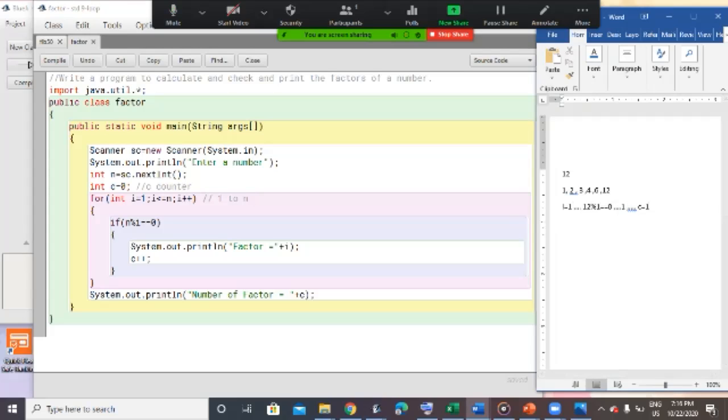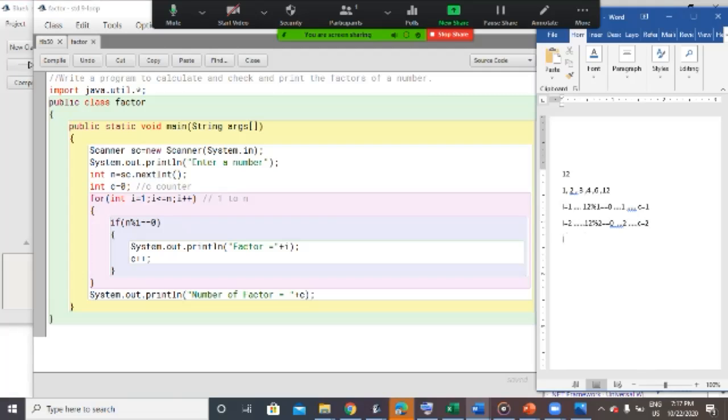Next we have I equals 2. 12 is completely divisible by 2, so the value 2 will be printed and the counter increases to 2.